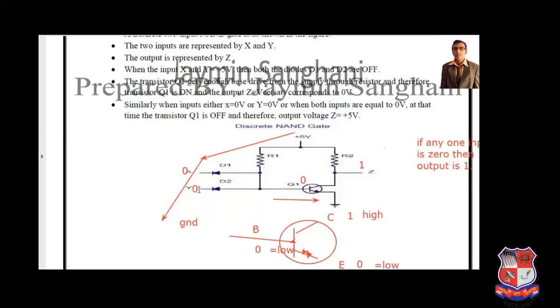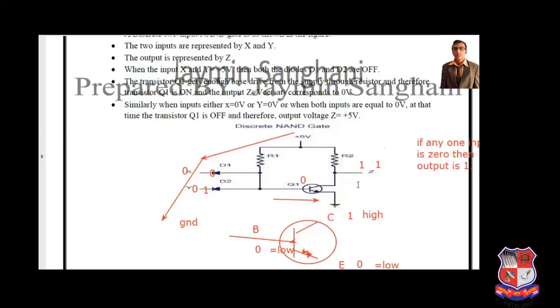Similarly, if here we apply 1 input and here 0 input, then obviously this diode acts as forward bias, but this diode acts as reverse bias. So here also we get 0 volt. Why? Because this is forward bias, all the current flows like that, so here we cannot get current, because current flows in the low resistance path. A low resistance path means current will flow, and here we get nothing. So also in the second case, output is 1.